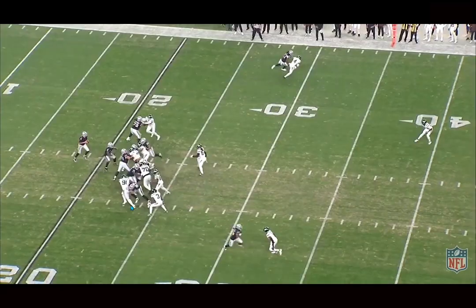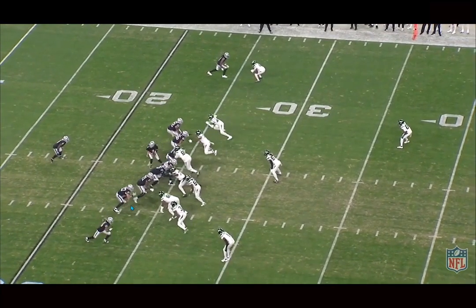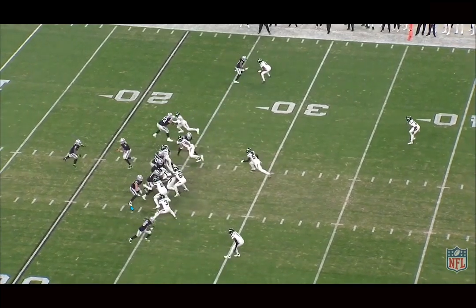I think on the first 3 plays of the game, he got all 3 targets to Adams, and it's definitely going to be a part of their game plan. But I think stopping the run is the biggest key, because if you allow your guys to get after O'Connell, I think they can create some turnovers, let the secondary do what they've been playing best. If they get the pressure up front, that's really where they're going to be able to